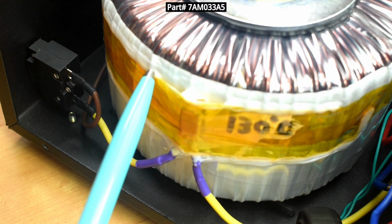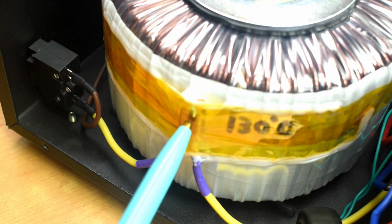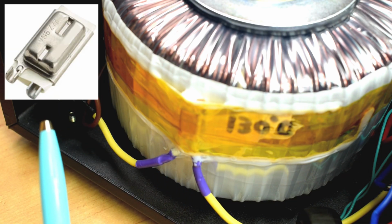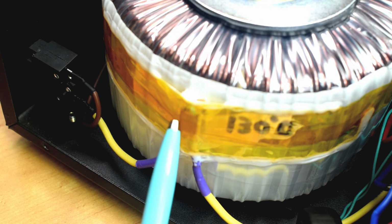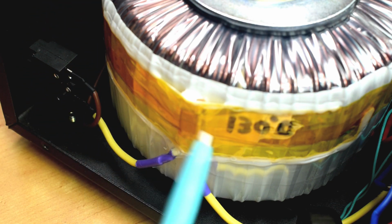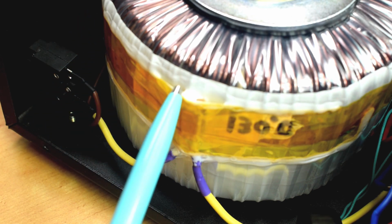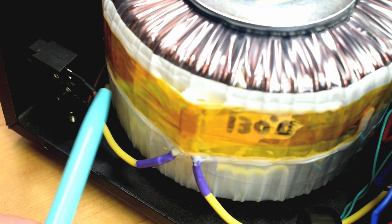I wanted to make sure that in the event this winding got too hot, the circuit would open up to protect the winding from being damaged. I took the thermal protector, like you see right over here, applied just a little bit of thermal compound on the rear side, pushed it right against the winding, and using this Kapton tape, pulled it nice and tight against the winding, and added some E6000 adhesive to make sure everything is bonded very tightly against the